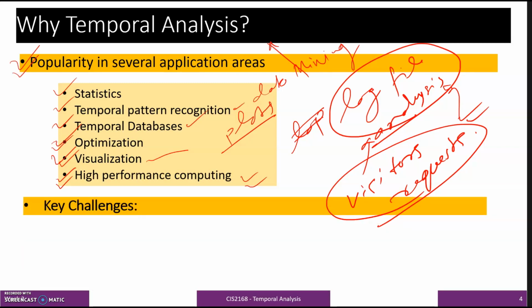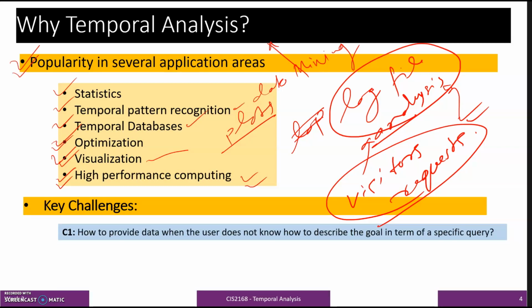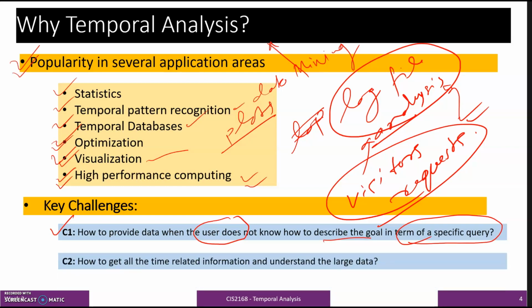The key challenges with temporal analysis are highlighted here. Two challenges are given here. The first challenge is how to provide data when the user does not know what is needed. Suppose a layman user is using the system and has no information about what type of data he or she wants, then describing the goal in terms of a specific query will be difficult. And the second challenge is how to get time related information to understand large data. How the large data is varying over time,